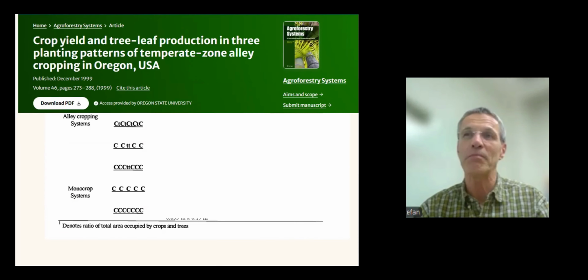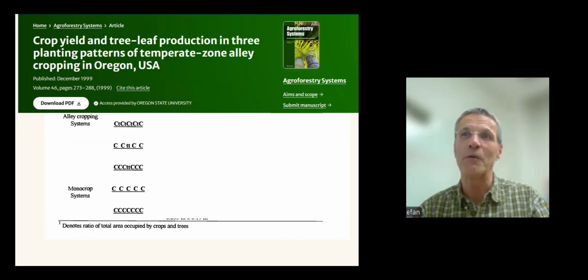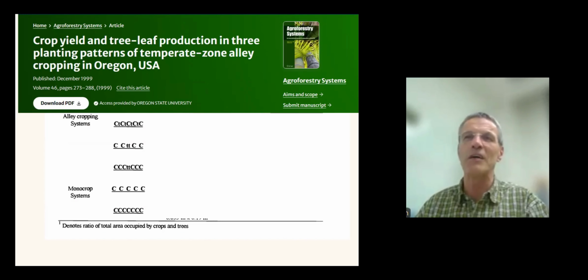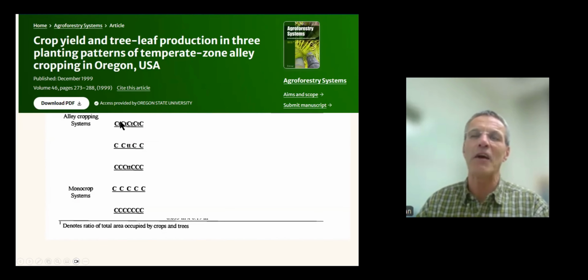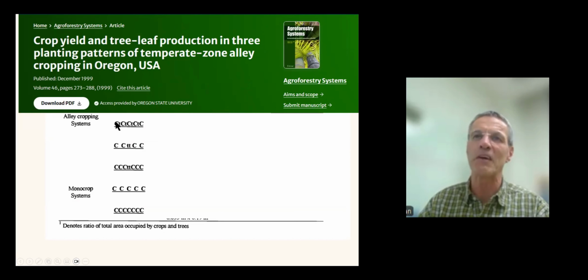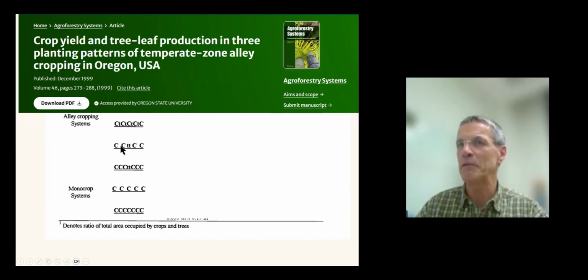As part of my research, I explored that also. The graphics are kind of old here, so I apologize for that. But I basically used 3 different alley cropping systems. One that was kind of extreme, where I planted a row of crop, a row of trees, a row of crop, a row of trees, a row of crop, row of trees, and so on. So it just alternated between crop, which is a C, and the tree, which is a T. And then more of a traditional system where I have a double row of trees, and then I have 4 rows before the next row of trees.